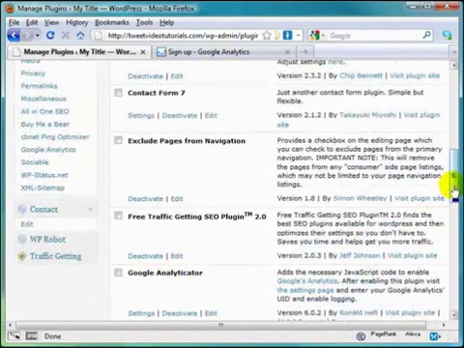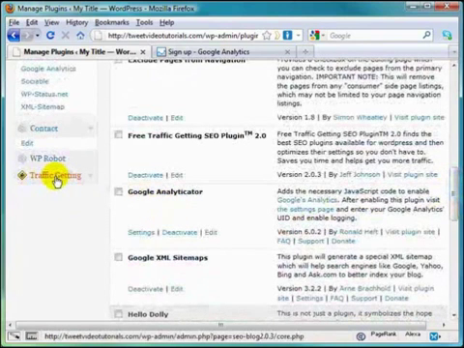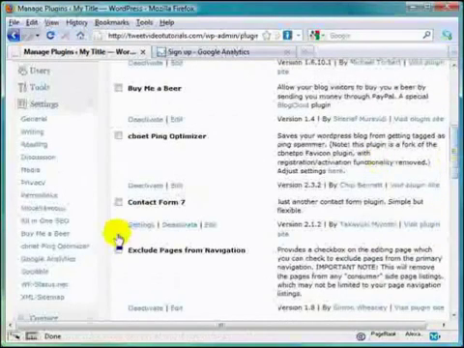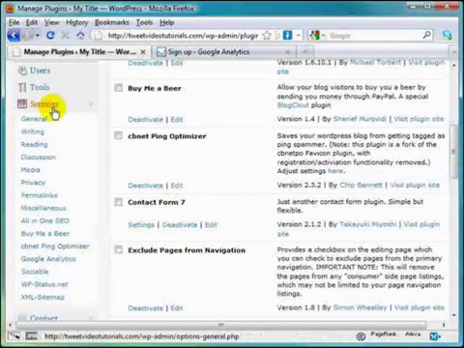Oh, and by the by, this is part of the core plugins of the newest version of Traffic Getting SEO plugin. So this will work kind of hand in hand with getting you some good SEO rankings. So if you click on this under the Settings tab,